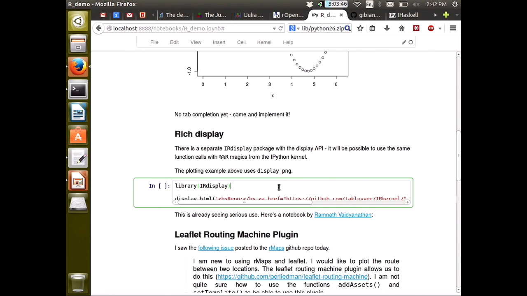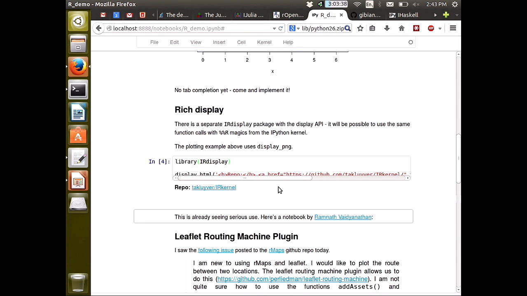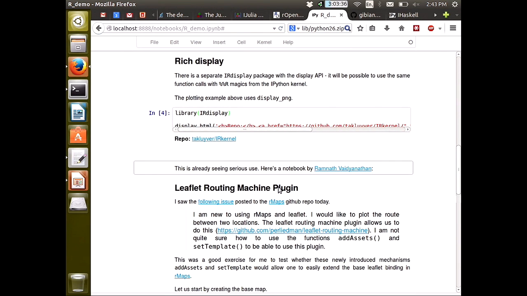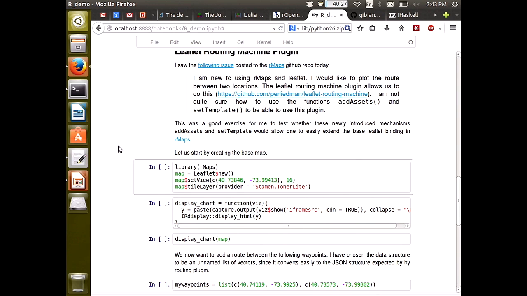I made a separate package, IRdisplay, which handles the rich display functions. And the idea of that is that we've also got an R cell magic inside the IPython kernel, so that you can mix Python code and R code. And we wanted it to be possible to use the same display mechanism, whether you're in the native R kernel or in the IPython R cell magic. And that will be possible. The part of the R magic that would integrate with that isn't implemented yet, but I plan to get to that. And straight away, within a few days of the hackathon where I implemented this,